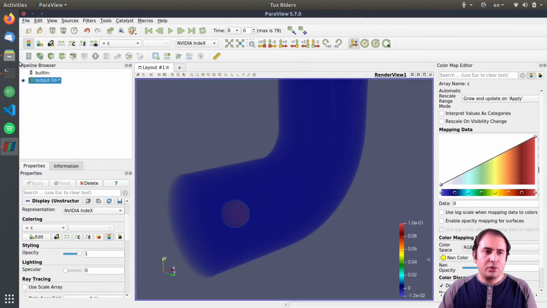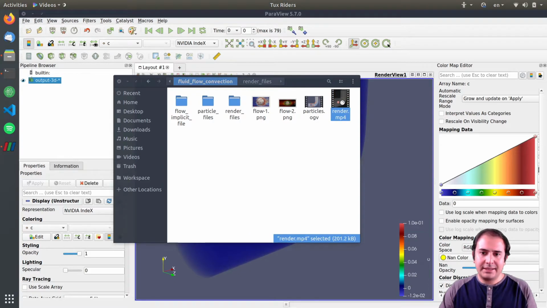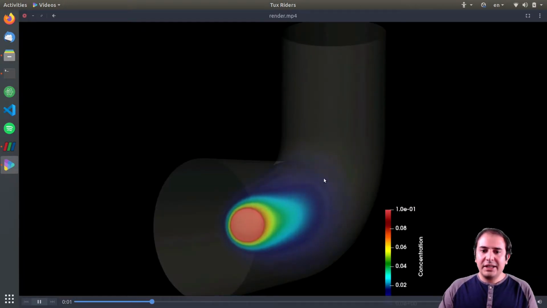Let's have a look at this. You can see that this is something